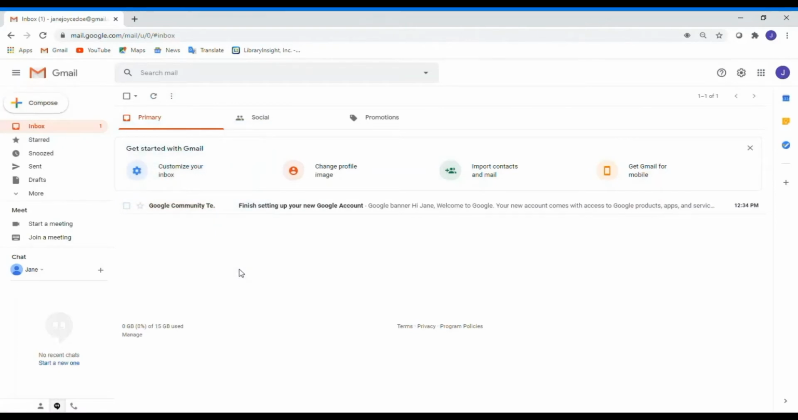So let's briefly go over the interface. This is where you view your inbox, you can manage your contacts, mail settings, and so much more. So you have on the left-hand side inbox, starred, snooze, sent, drafts, and more. You can also start a Google Meet. You can schedule a meeting, you can join a meeting, you can chat with any of your contacts who are online at the time. You can manage your contacts